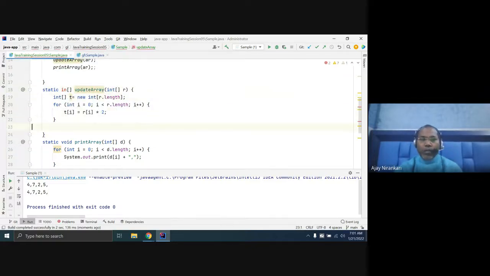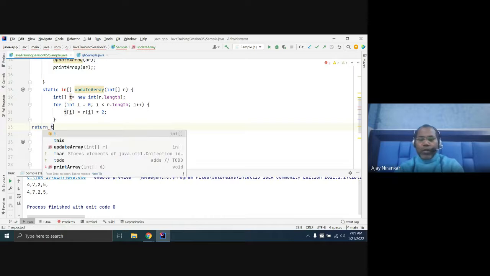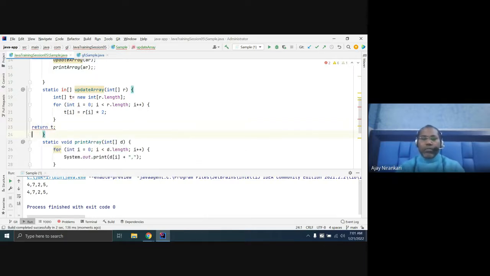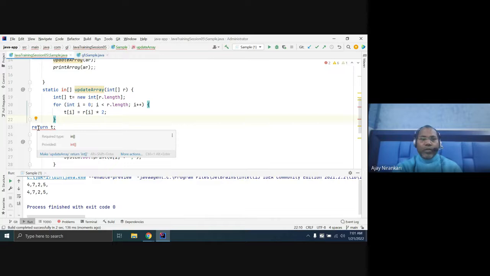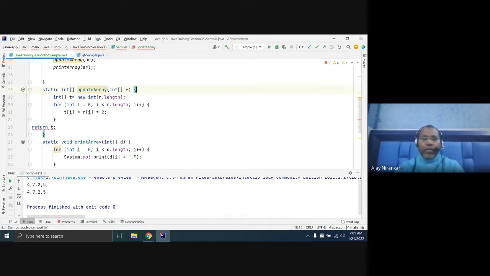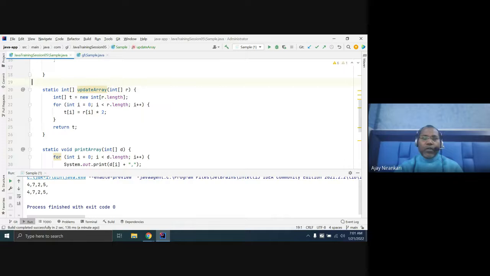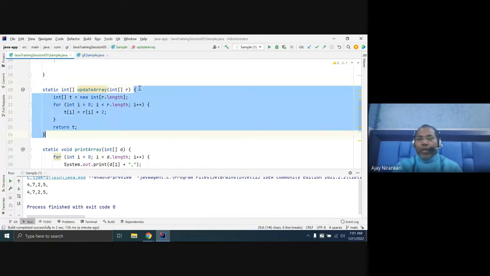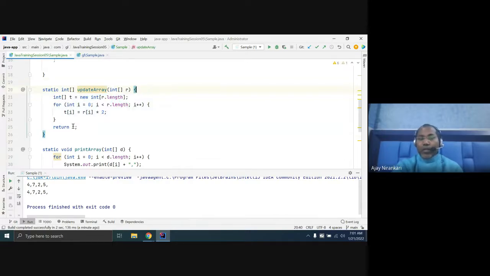You say I want to return some value, I want to return t. So now your update method will return some value.